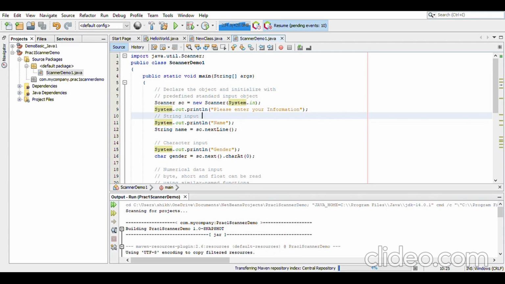Today we are going to see how to create a class in Java using the scanner function. Scanner is a class in Java which is defined inside java.util.Scanner, and it is the easiest way to take input from the user. If you want to take any kind of input from the user, you can create the object of the scanner class and use it.